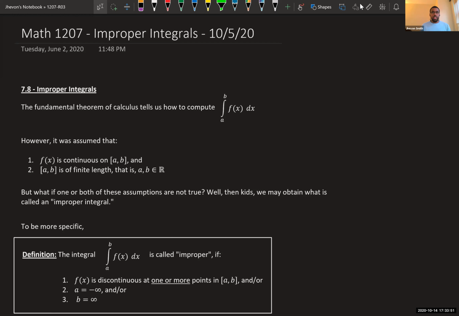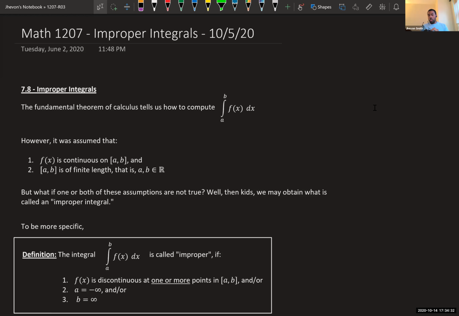Okay, without further ado, let's just do a quick recap of what we did and continue. So we were talking about improper integrals. These were definite integrals that didn't quite fit in with the assumptions of the fundamental theorem of calculus. The fundamental theorem of calculus applied when the function was continuous on the interval AB, and the interval AB was finite so that we could dissect it into n equal pieces of length delta x and all that stuff. The distance between A and B was finite. If either of these conditions are not fulfilled, you end up with a kind of integral called an improper integral.